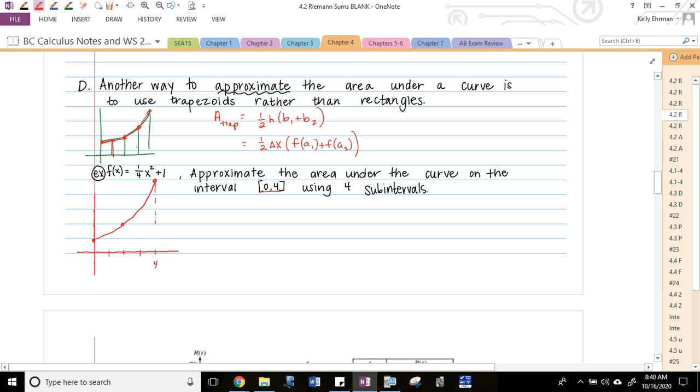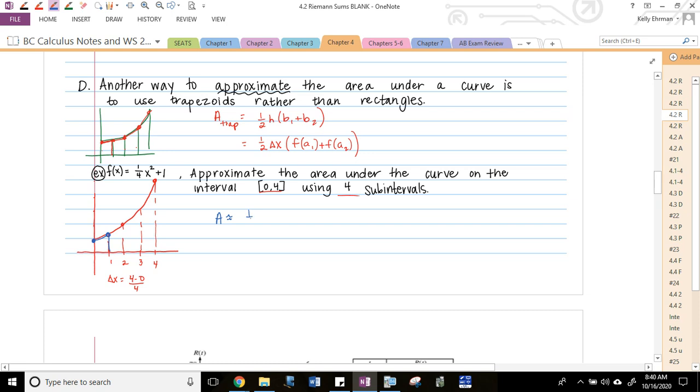Curve sketch. So use 4 subintervals. Delta x is still 4 minus 0 over 4. So here are the 4 subintervals. I'm marking them off every 1 unit. Now use trapezoids. So trapezoids would be connecting these first 2 points. The first trapezoid